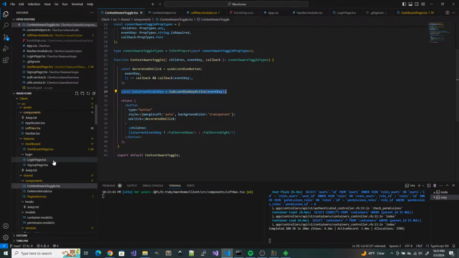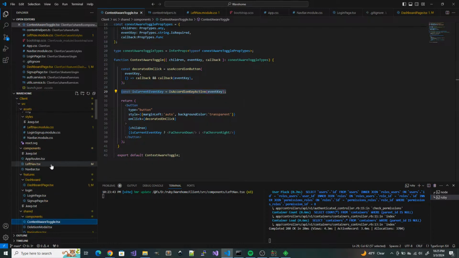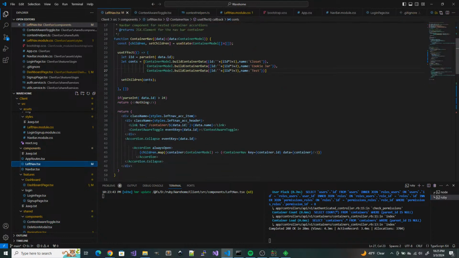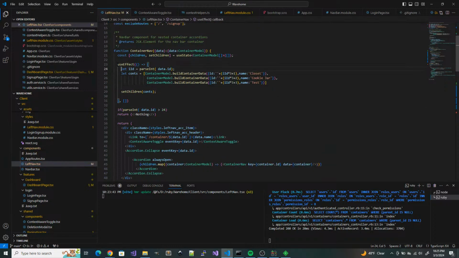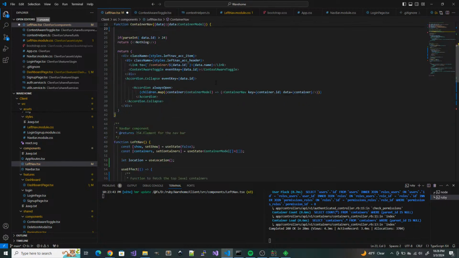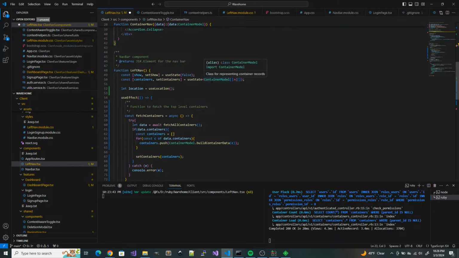Event key. Left nav. So, use effect. So we're not using use effect here for set children. Instead, we're going to have